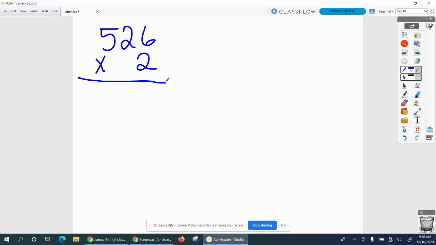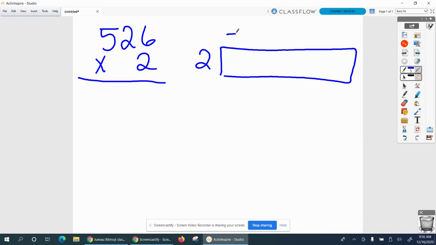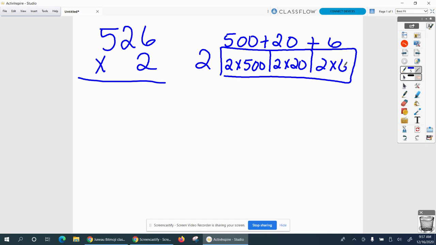All right, so we would do 2 on the outside and then expanded form on the top, right? We would have 500 plus 20 plus 6. Yes? And then we need our boxes. In this first box, I would do 2 times 500. In this second box, I would do 2 times 20. And in this third box, I would do 2 times 6. Right? All right. 2 times 500s would be